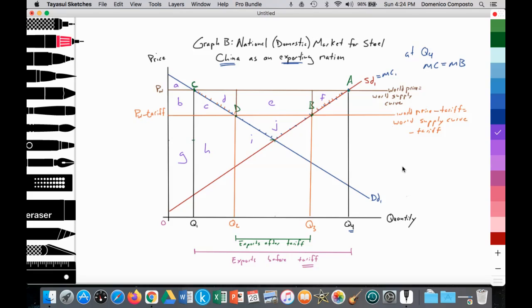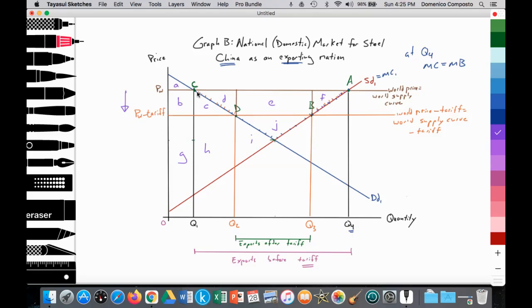States. All right. Then the United States imposes a 25% tariff on steel, and that reduces the price received by Chinese domestic steel producers from PW to PW minus tariff, reducing the world price in China to world price minus tariff, which is equal to the world supply curve minus tariff. And as a result of that lower price received, the quantity supplied by Chinese domestic firms decreases along their supply curve from point A to point B, or from Q4 to Q3.